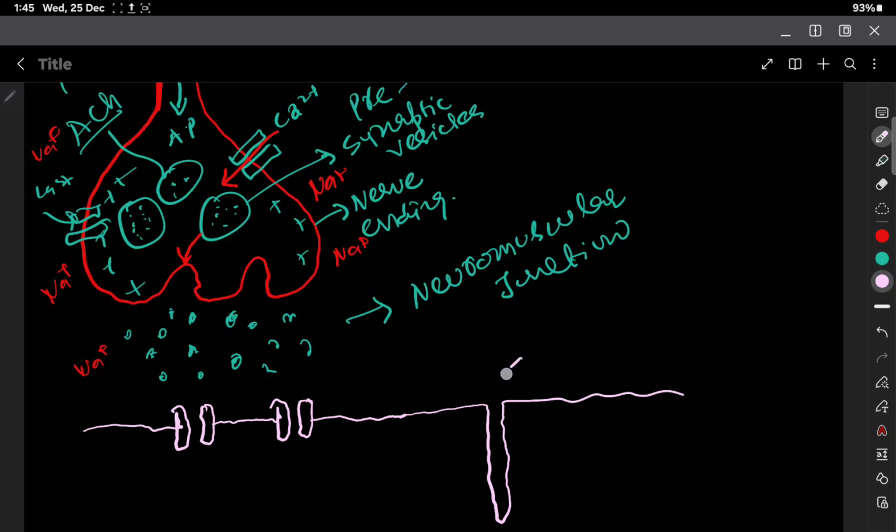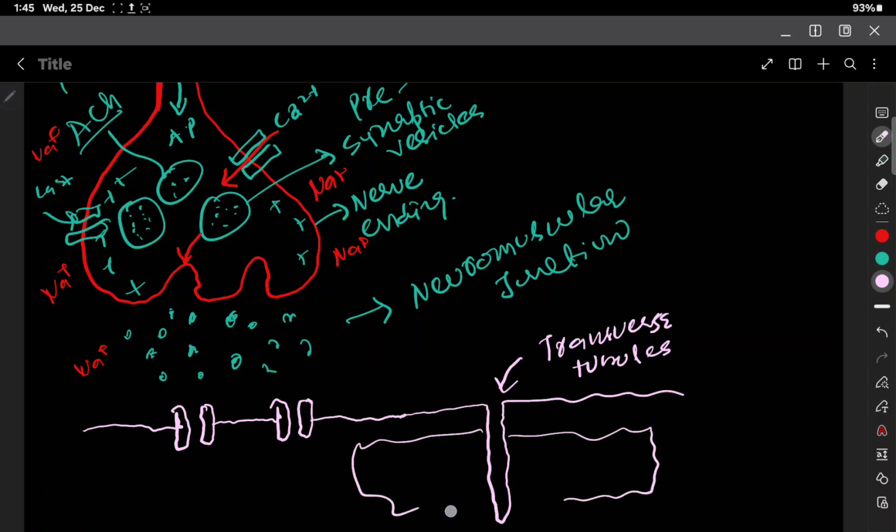This is the transverse tubule. Minutes before, we studied about this transverse tubule. So here there is the presence of the sarcoplasmic reticulum. So this is the sarcoplasmic reticulum, I will write it short as SR. When this acetylcholine reaches here,